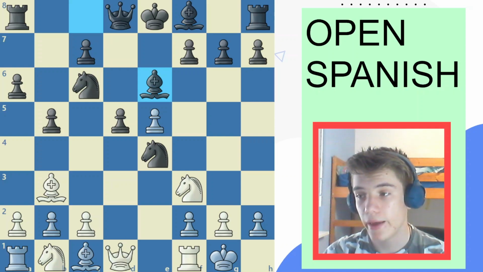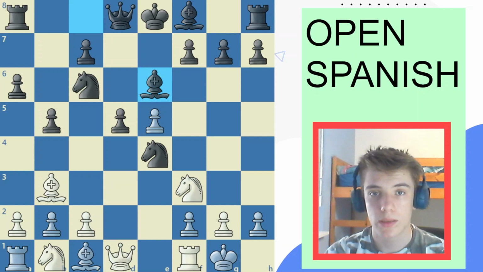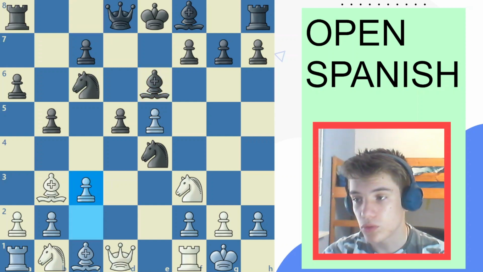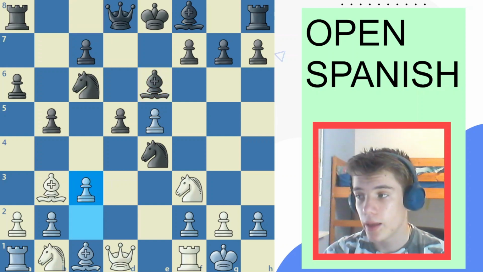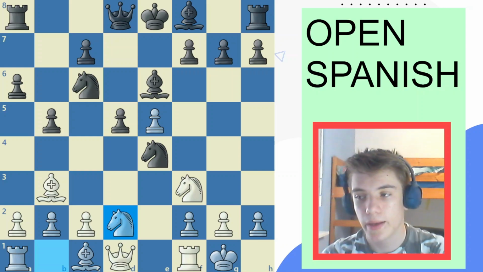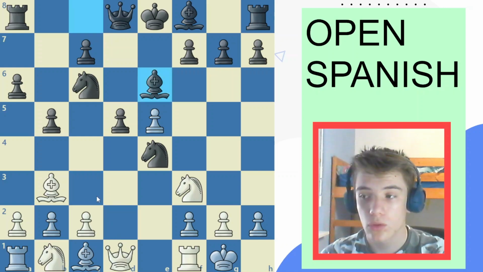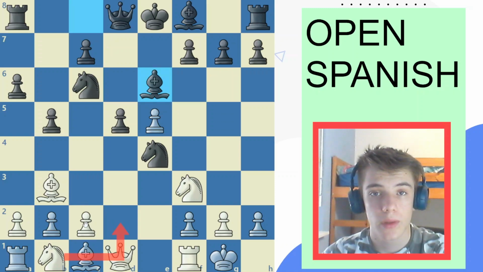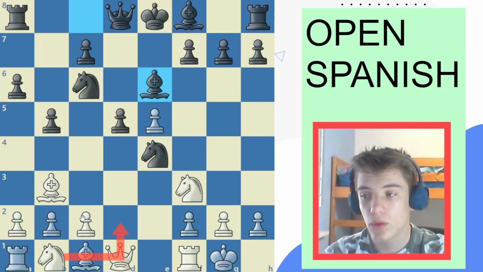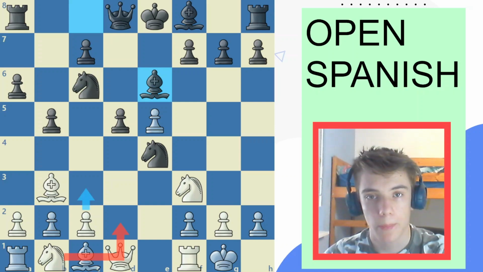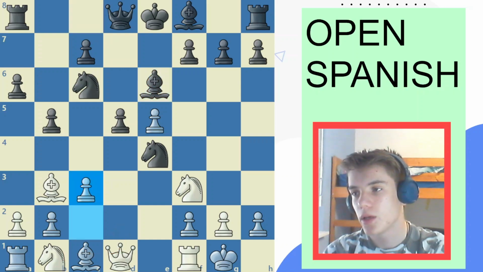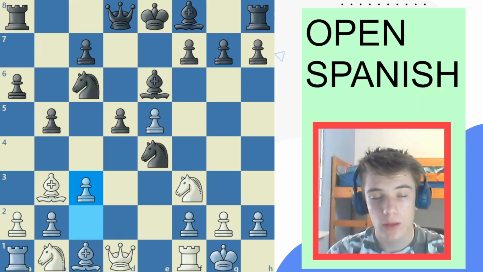One is very good and one is less good, and the 2 moves are pawn to c3, which is the sideline, and the main line is knight b to d2. And in this position, I recommend you to play knight b to d2, but as black players, you need to know pawn to c3 as well. So we'll go over pawn to c3 first, and after c3, I recommend you as black to play bishop to